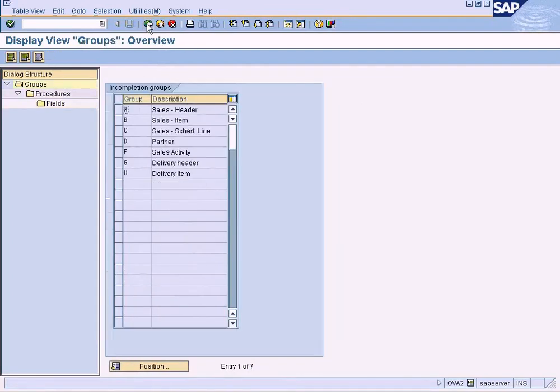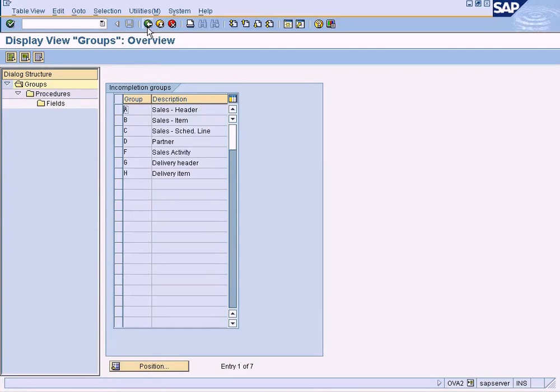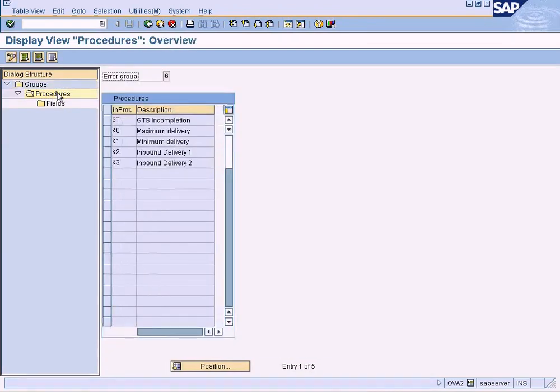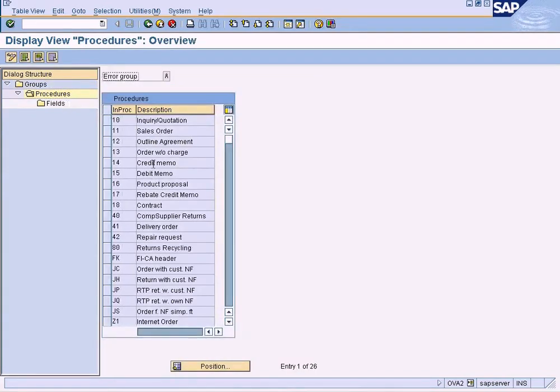It's not the one. Let me check in delivery item. It's not there as well. Let me check in the delivery header. No. So it should be in the header,